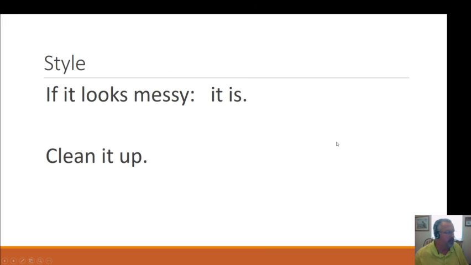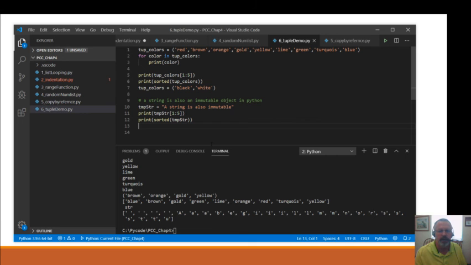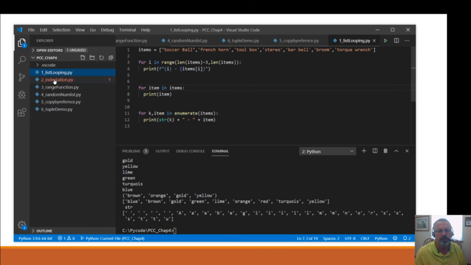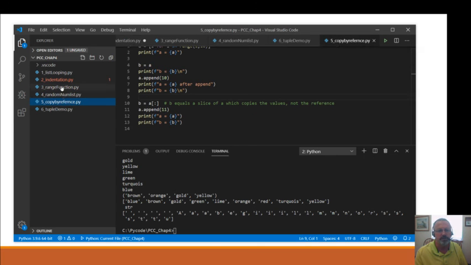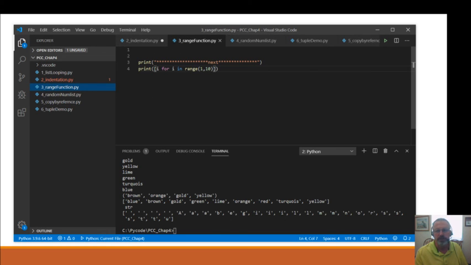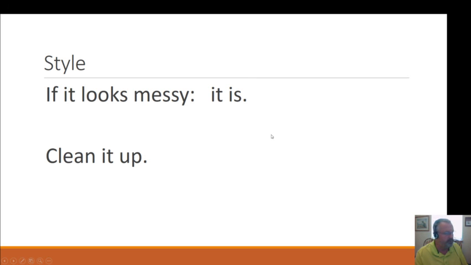And then style. I'm not going to go into style too much. Basically, if it looks messy, it is. Clean it up. When I started programming, we had an instructor that had us doing this all of the time. Put in this star next, or star in a statement here. We just used all kinds of stars there to separate our code, and it helps a lot. And then obviously commenting is important too. But if it looks messy, it is. Just clean it up. I'll leave it at that.